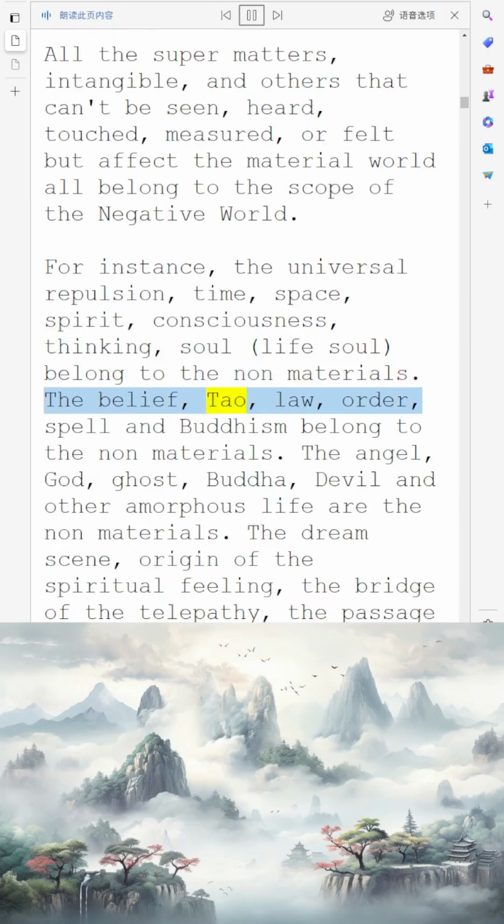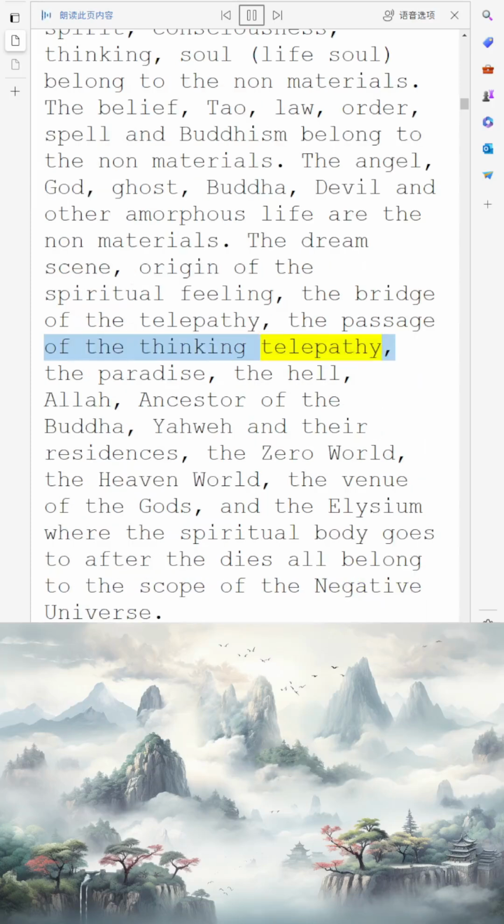Belief, Tao, law, order, spell, and Buddhism belong to the non-materials. The angel, God, ghost, Buddha, devil, and other amorphous life are non-materials. The dream scene, the origin of the spiritual feeling, the bridge of telepathy, the passage of thinking telepathy, the paradise, the hell, Allah, the ancestor of the Buddha, Yahweh and their residences, the zero world, the heaven world, the venue